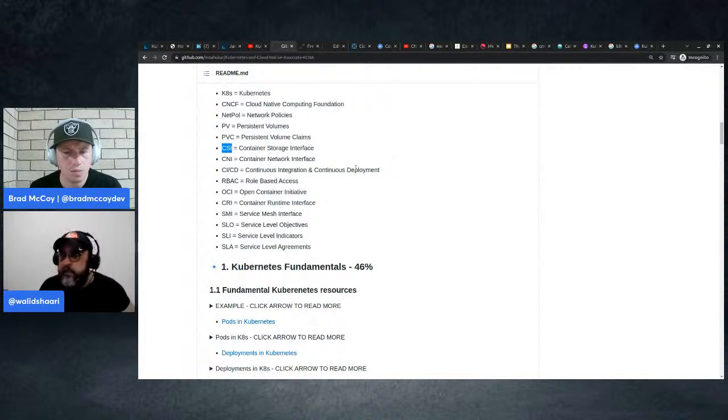You have the CNI, the Container Network Interface. So there are different network plugins. For example, AWS has its own AWS VPC CNI. There are two very popular CNIs, Calico and the upcoming one, Cilium, which uses eBPF. It's growing, and we will see more of it this year, hopefully.